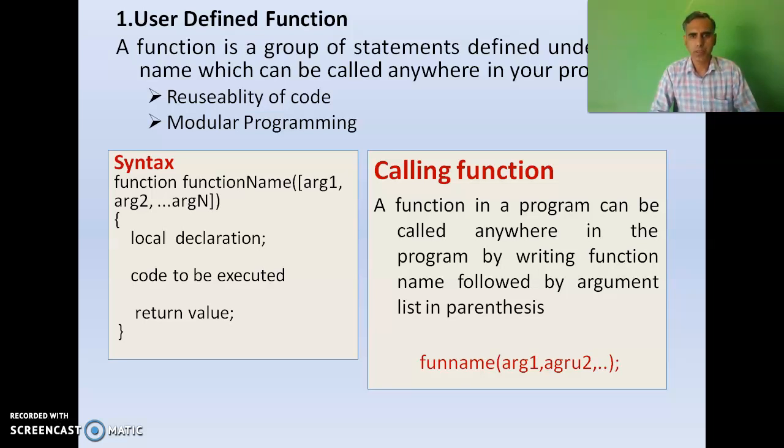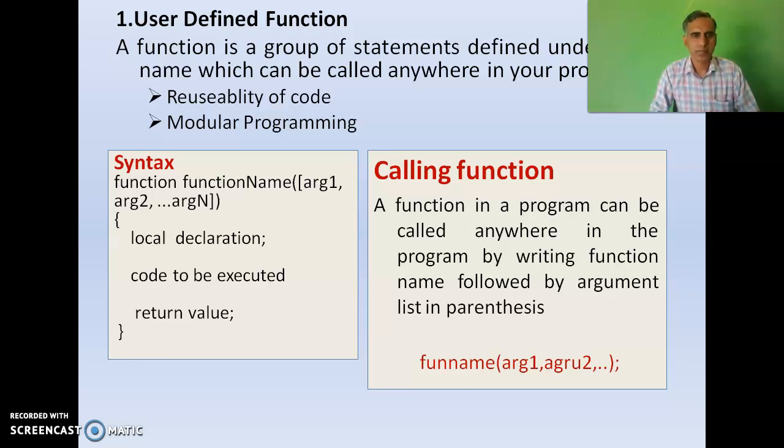The function is basically used for two purposes. The first one is reusability of code. Using function, the code can be reused. For example, when we define a function in the program, we can call the function multiple times in a program.